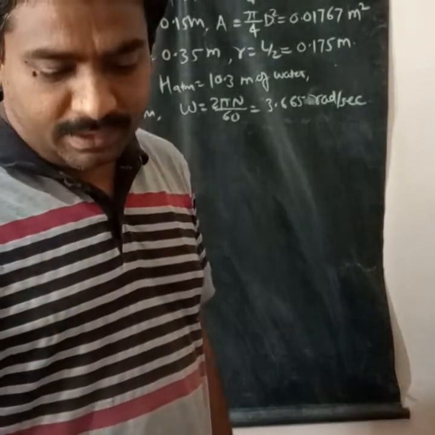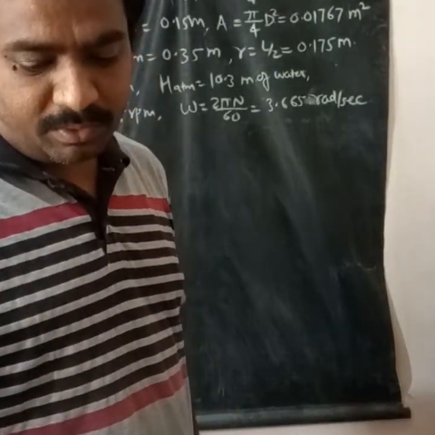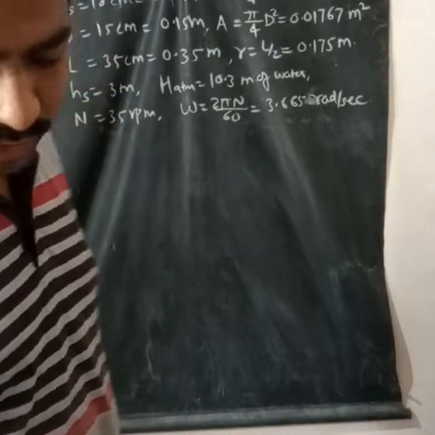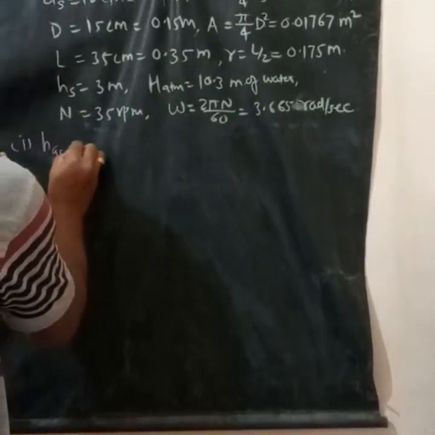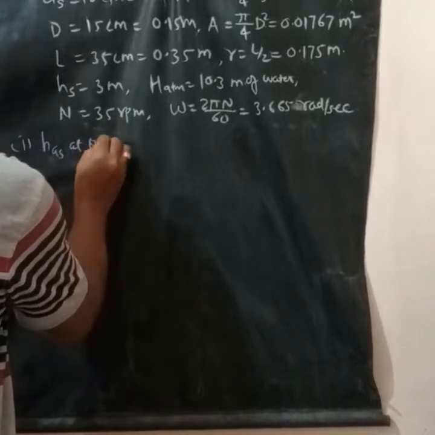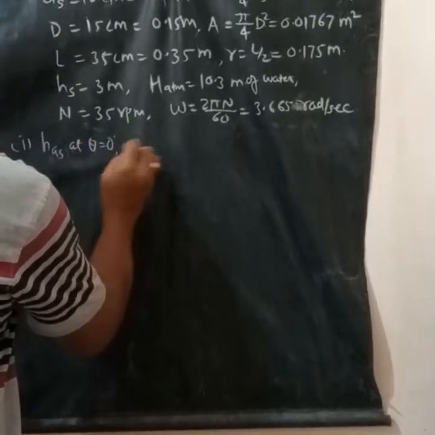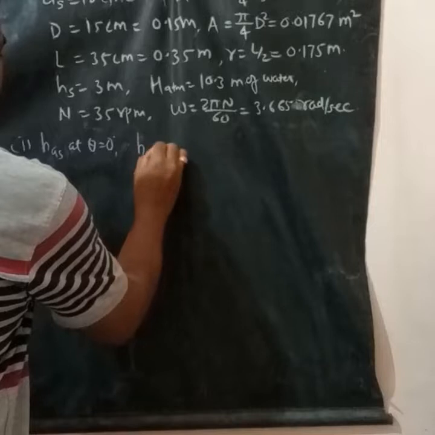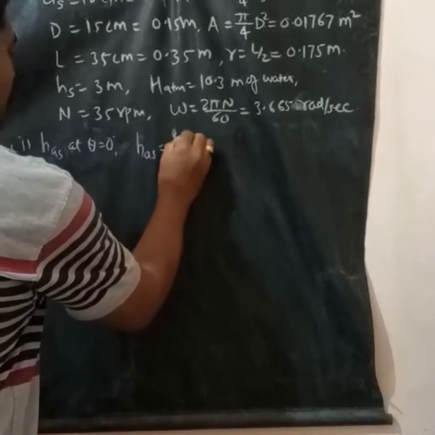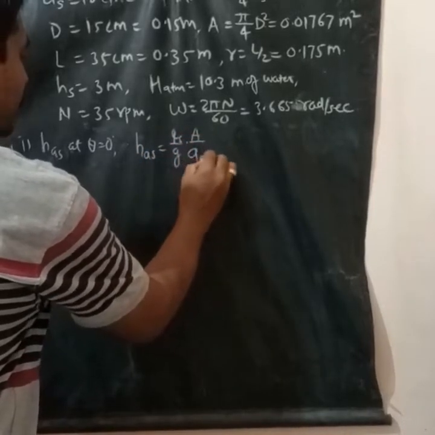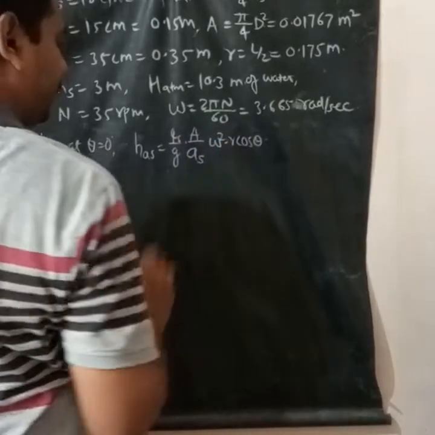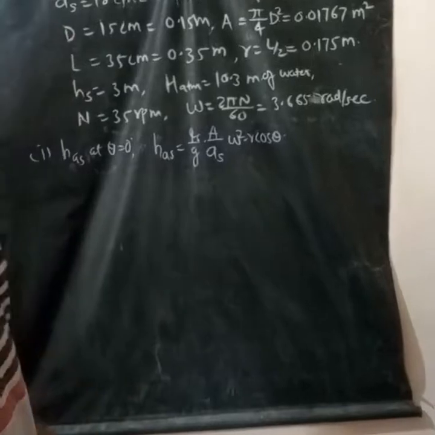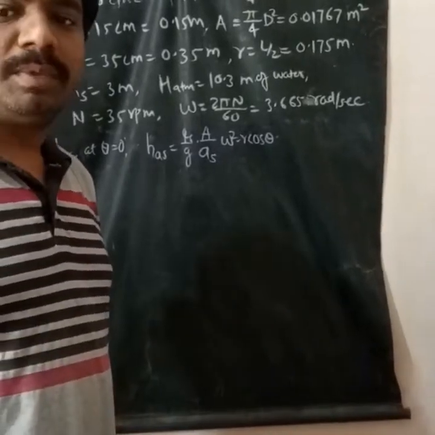Now the HAS when theta equals 0. So, HAS at theta equals 0: HAS equals LS upon G into A by AS into omega square R cos of theta. This is representing the expression